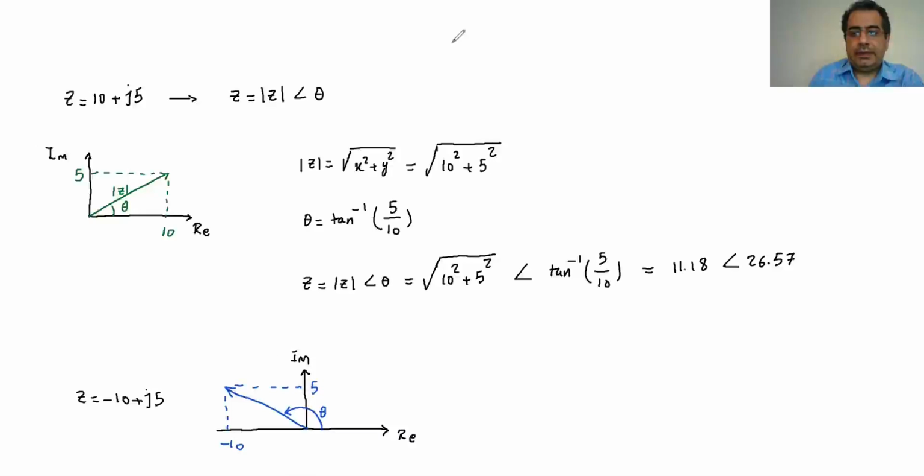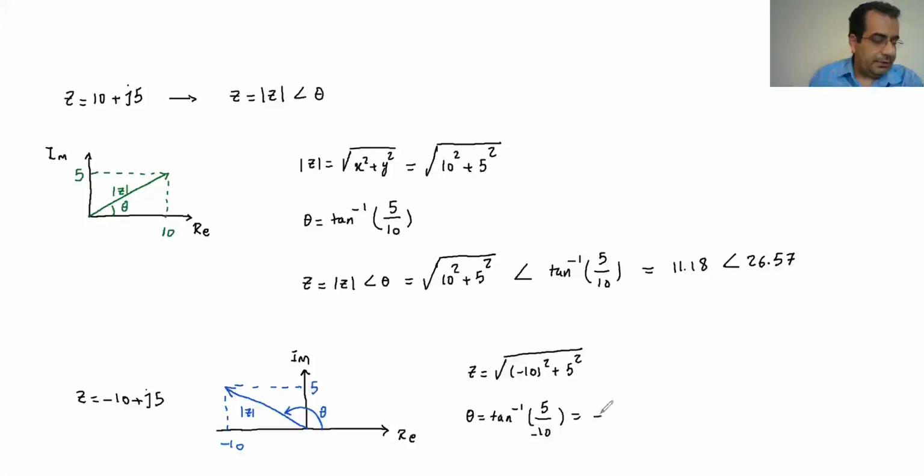z is going to be the same as what we have here. So the z is not going to change. So the magnitude of z this time is going to be negative 10 to the power of 2 plus 5 to the power of 2. But if you calculate the theta as a tangent inverse of negative 5 over negative 10, it's going to give you negative